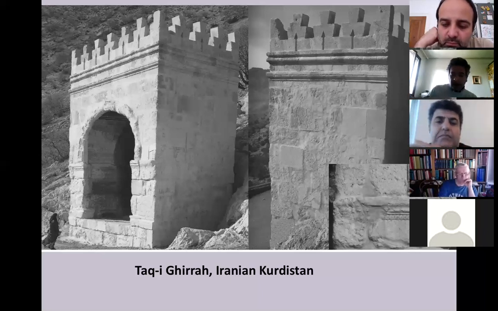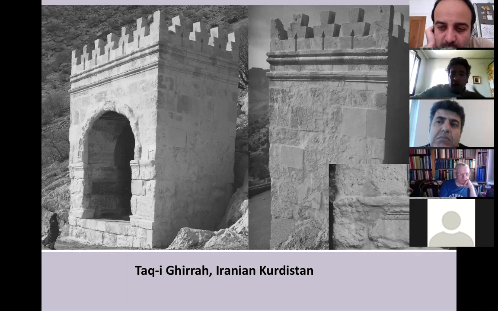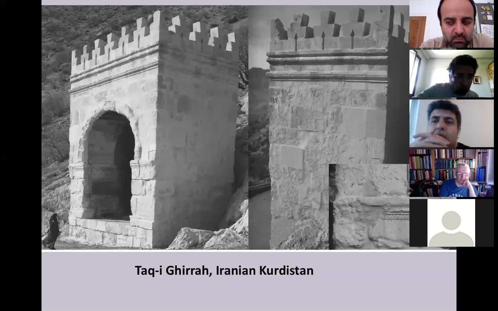Inside, there is like some remains of a podium, of a pedestal, where possibly a statue or something sculptural was originally represented. Of course, during the centuries, it was lost. But because of a similarity with Taq-i Bustan, which is really amazing, we could think that even from a chronological point of view, this monument could be possibly late Sasanian.